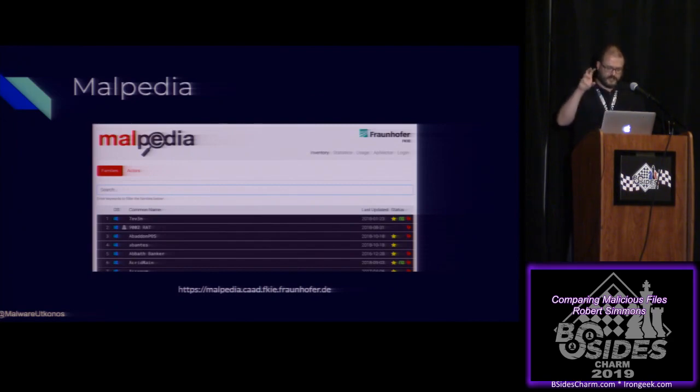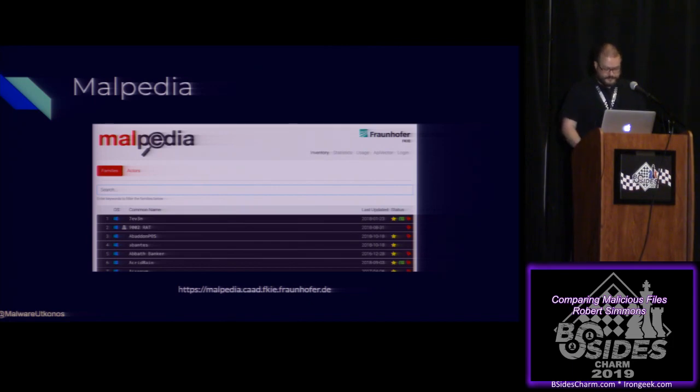And there are not only Yara signatures, but reference samples for various malware families, various threat actor groups, TTPs, etc. So there are samples that you can compare the file that you have to, and then there's a set of Yara rules. As you can see over here, the status over there has a little yellow star, a green something or other, and a red tag. Not all of the entries in Malpedia are fully fleshed out right now. So again, please join the effort if you can contribute Yara signatures, or if you find a sample that you know is a particular family or actor group and there isn't a sample available here, contribute that